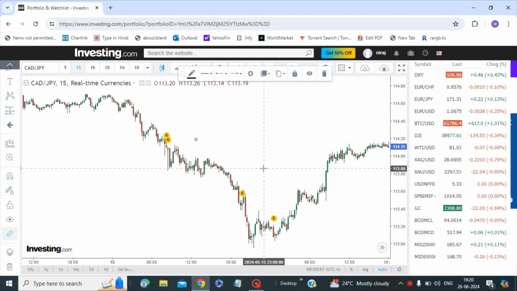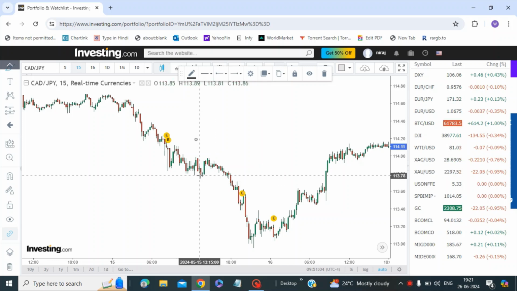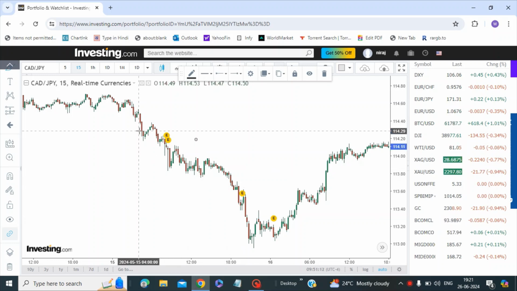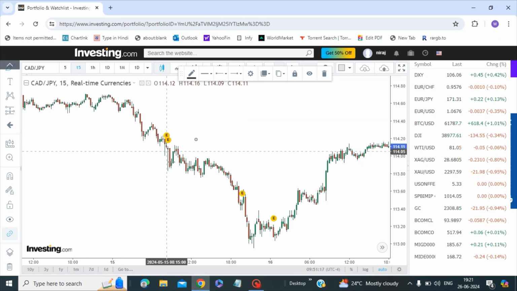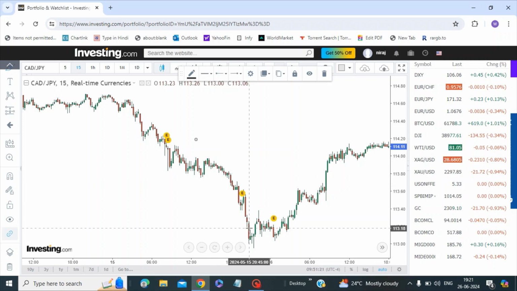This is one of the very important reversal patterns, and whenever this pattern occurs, it is very much advisable to play very heavily. So in this CAD JPY 15-minute chart, you can see the stock is in a downtrend, and from here we have witnessed very heavy selling, and then the buyer comes to this